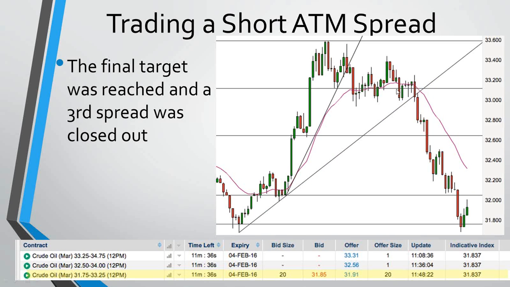Again, we had a strategy in place. We looked to trade this at the money considering the conditions that were present at that particular time. We expected rising volatility and rapid movement. So that's a good time to place an at the money spread. We entered the 33.25, exactly at the money with the underlying, and the move down toward our 3 targets